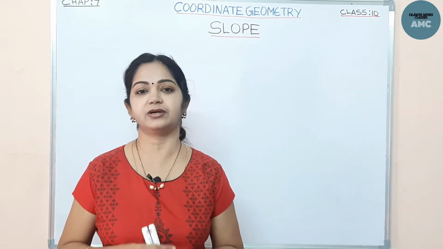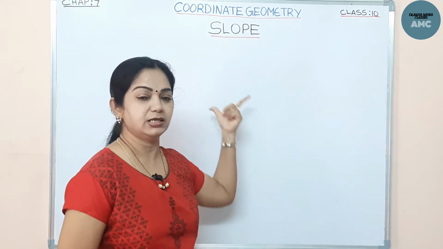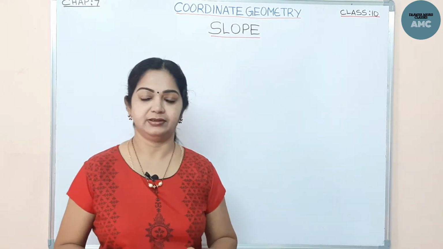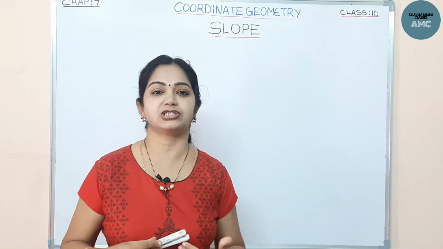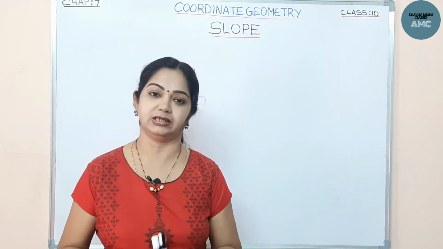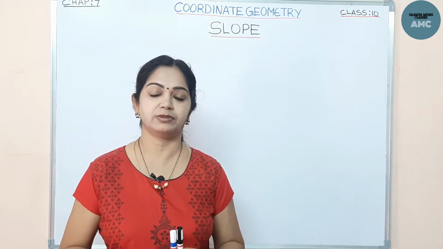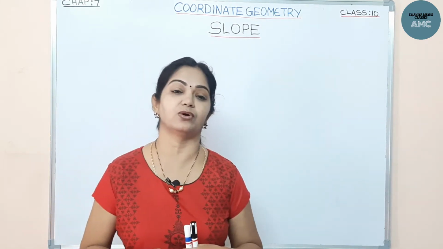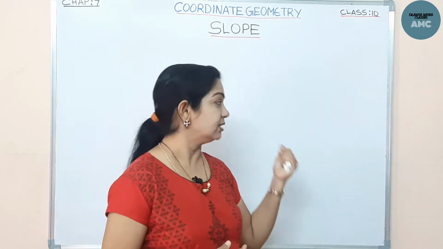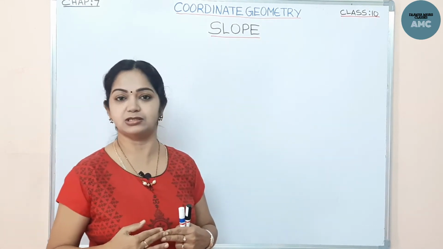In today's video lesson, we are going to talk about part 7 of coordinate geometry, that is the slope. We are going to discuss the concept of slope of a line, right? In previous sessions, we were discussing coordinate geometry, all the concepts from the introduction till here. There are totally 7 parts in this coordinate geometry. Hope you have all gone through those videos, all the 6 parts. Now we will start the 7th part, the last part in coordinate geometry. We are going to discuss the slope of a line.